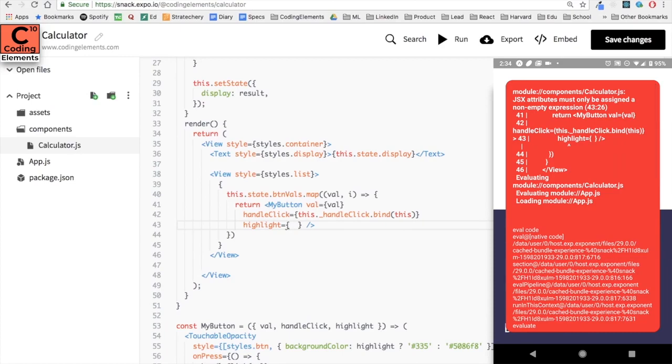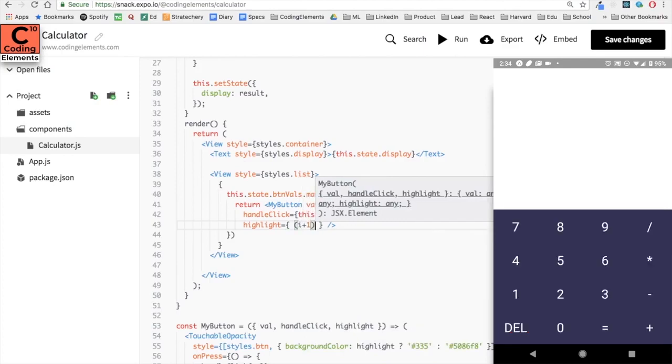We need to highlight the operator buttons, and every fourth button is an operator button. But the indexes of the buttons start from 0 in button vals. So to offset that, we'll write index i plus 1 in highlight.